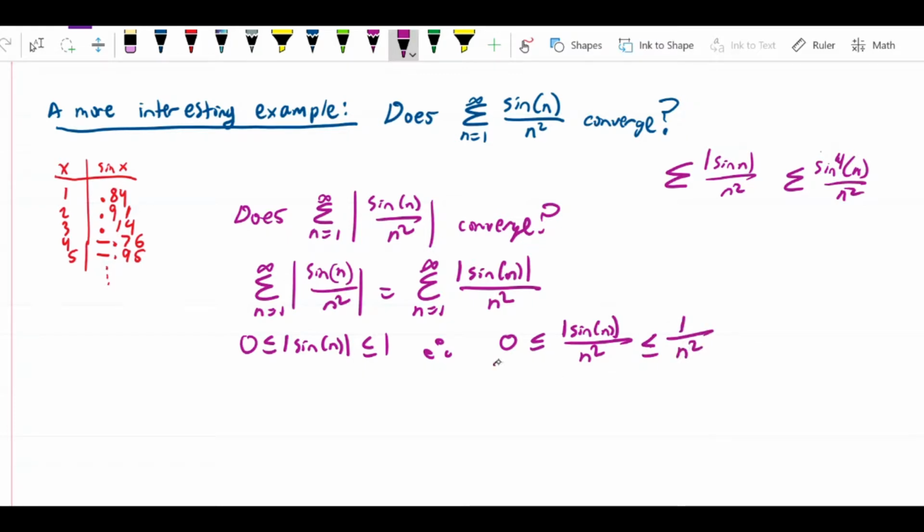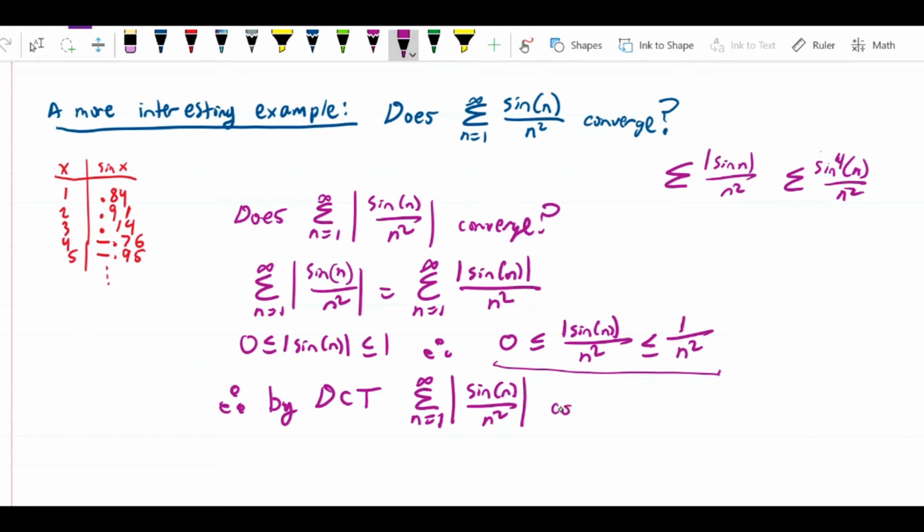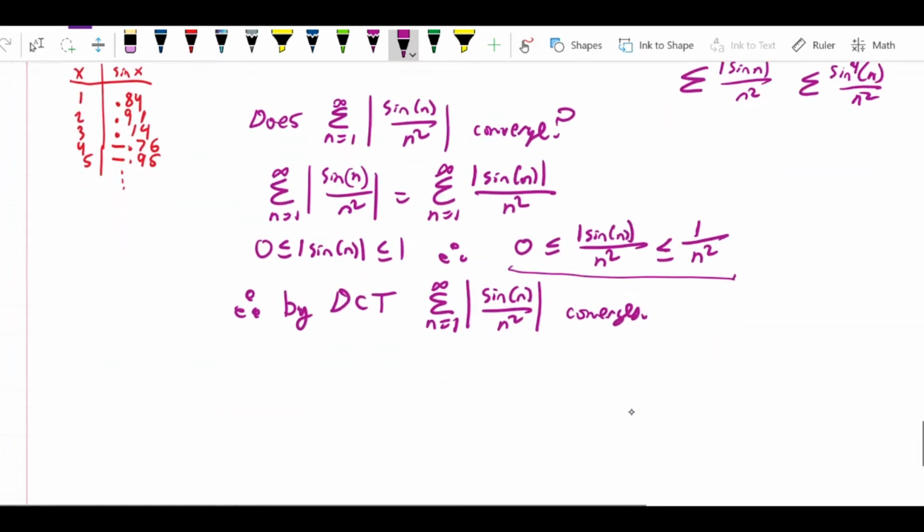And this is, of course, going to allow me to use the direct comparison test. I can say, therefore, by the direct comparison test, the sum from n equals 1 to infinity of absolute sine n over n squared converges, and therefore